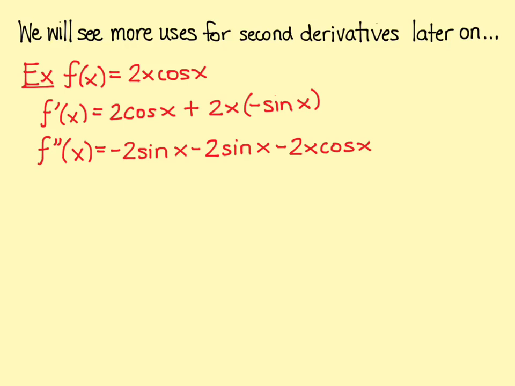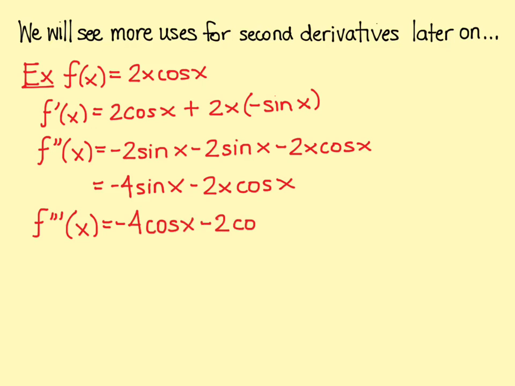So notice that we've just taken the second derivative of f of x equals 2x cosine x. But we could also keep going. We could take the third derivative. So for the third derivative, I'm going to take the derivative of negative 4 sine x, so we'll end up with negative 4 cosine x,